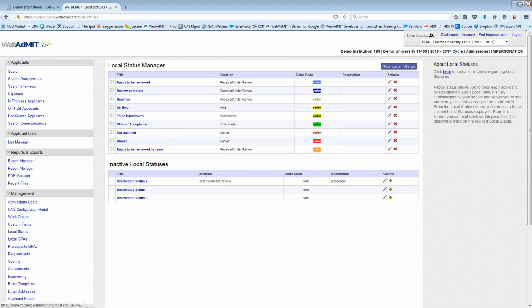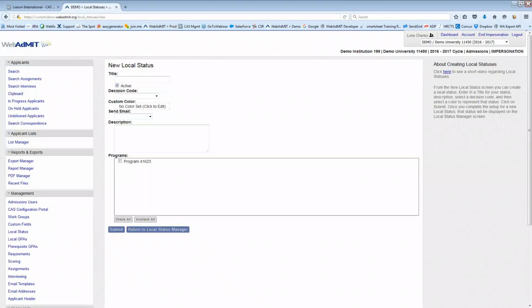And local statuses, essentially, they're set up to be like categories for each of your applicants. So you can almost consider it as if they were like a filing cabinet for all of your different statuses that you might have for applicants. So for each step of the process, you might have a different folder that you would put an applicant file in. And the local statuses act as that electronic filing cabinet here. So what we're going to do, we just clicked on New Local Status,